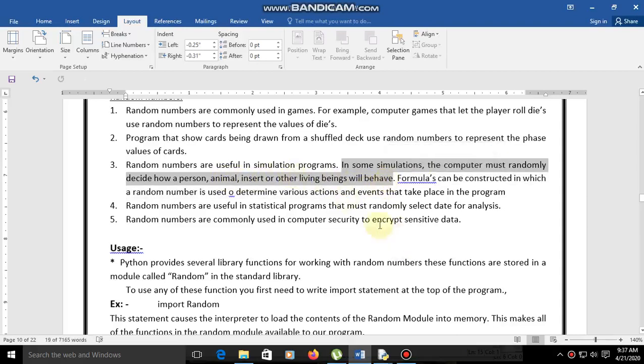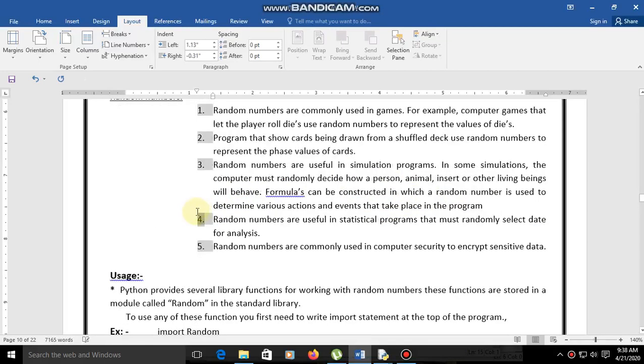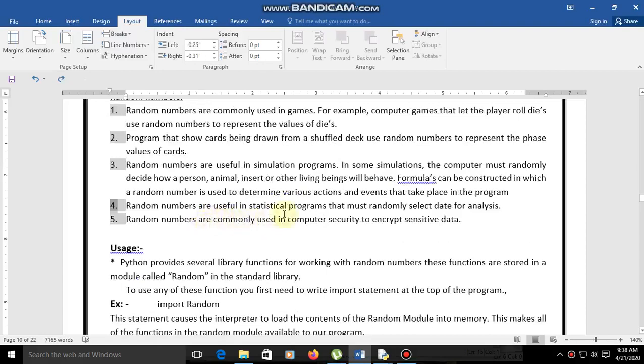So that is also under random numbers. And formulas can be constructed in which a random number is used to determine various actions and events that take place in the program. And random numbers are useful in statistical programs that randomly select data for analysis.